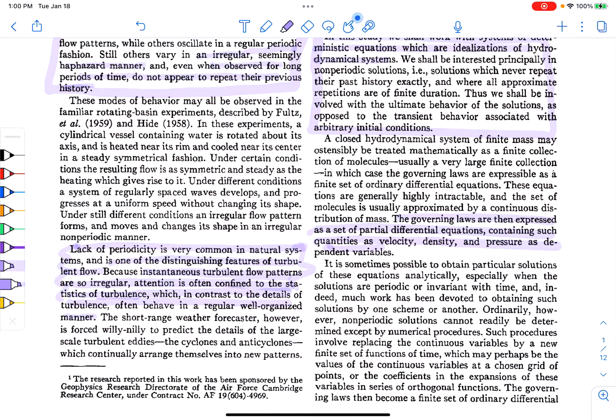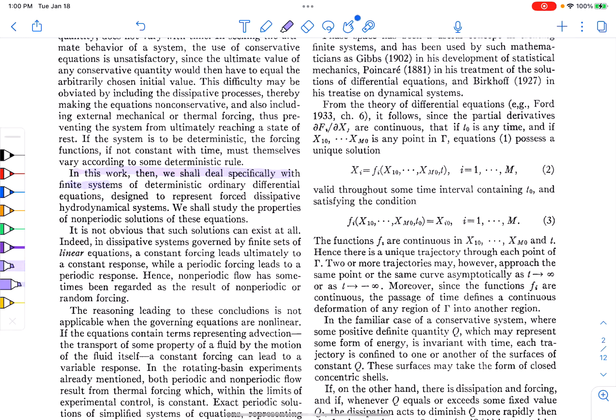And he says, in this work, we'll deal with specifically finite systems of deterministic ordinary differential equations, and they represent a forced dissipative hydrodynamical system. So he's not going to look at the full Navier-Stokes equations or Euler equations or any nonlinear fluid dynamic equations. He's going to look at a reduced set of equations. And the reason he's doing that, he's trying to simplify the problem to only its most essential parts, to illustrate the idea of